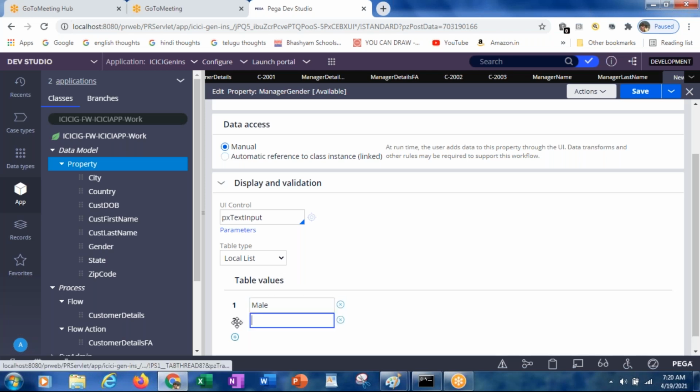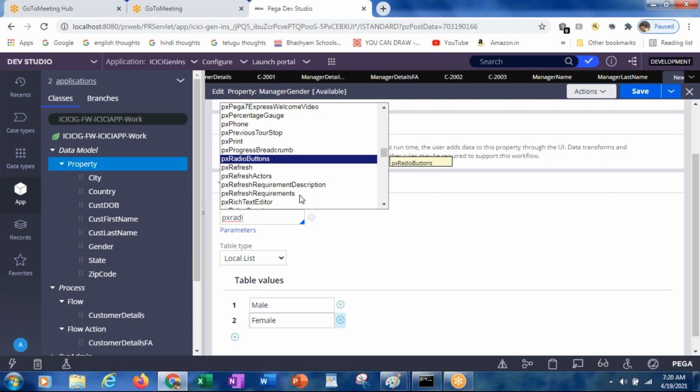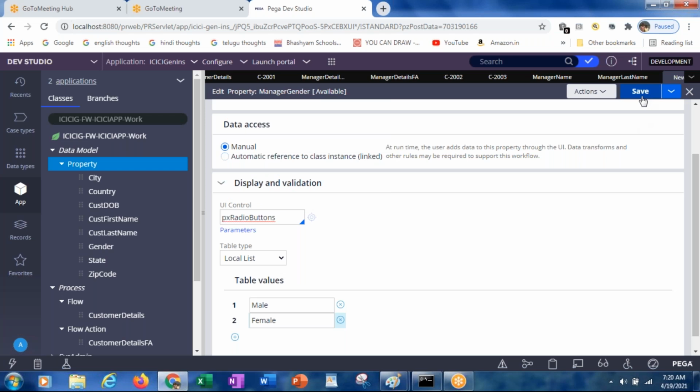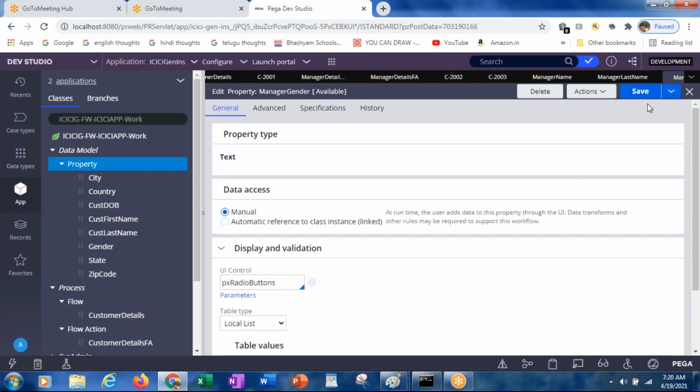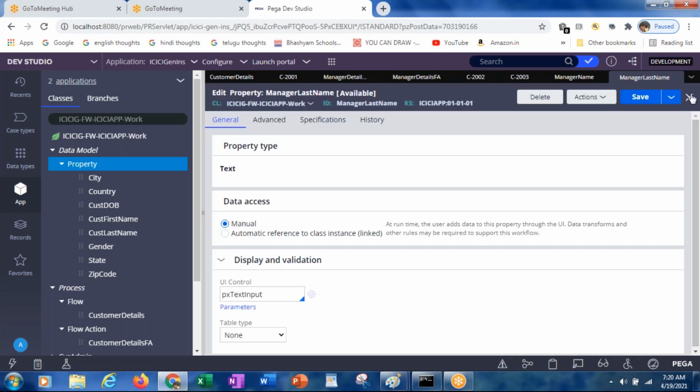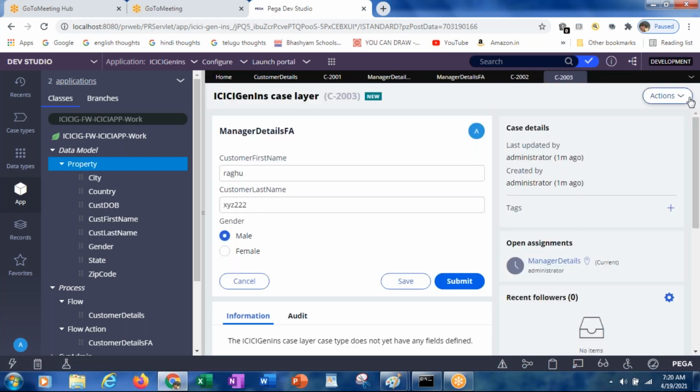Under the local list, we specify the values which you want to display. Instead of text, it should be PS radio buttons. Save. So now I created three properties: manager name, manager last name, and manager gender.